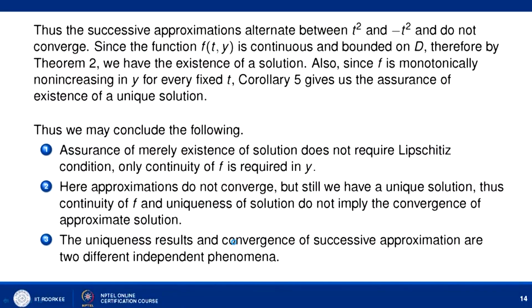So, here we can say that the successive approximations alternate between t square and minus t square and do not converge. Since the function f(t, y) is continuous and bounded, our theorem 2 will be applicable, and we can say that a solution exists. And not only this, we can observe that this function f is monotonically non-increasing in y for every fixed t, and so corollary 5 is also applicable, and this gives that we have a unique solution